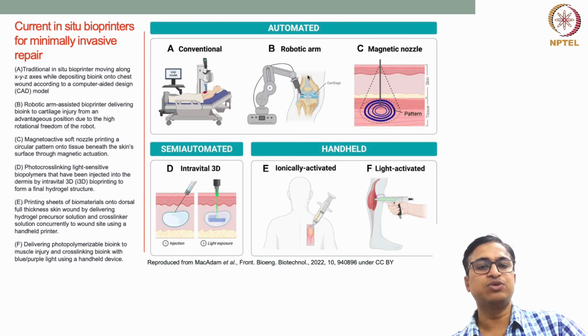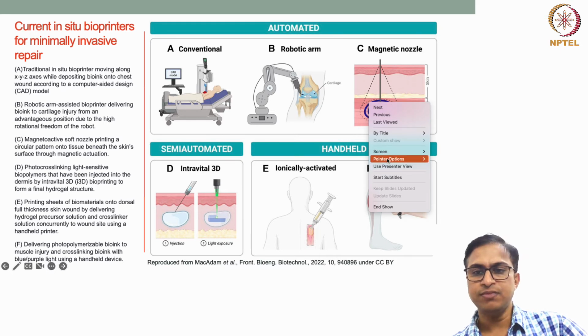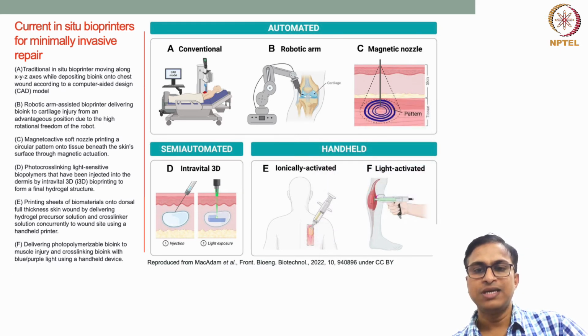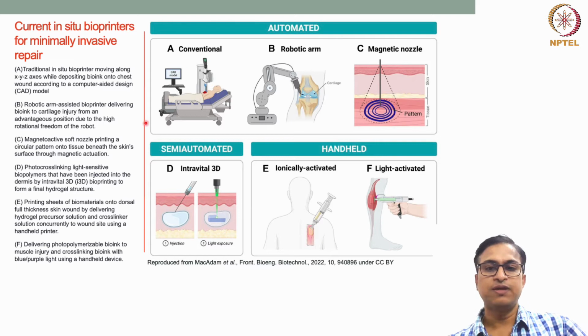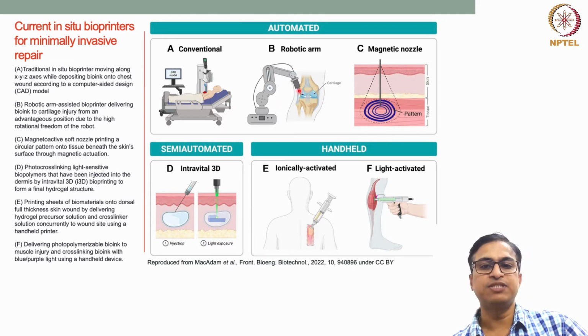Suppose here they have shown the examples of this robotic arm dispensing, where suppose there is a cartilage defect in the cartilage tissue. Cartilage is basically present in our joints. It is the cushioning surface between the joints which is attached to the bone. So suppose there is a defect in the cartilage, and then this robotic arm assisted bioprinting can deliver the cartilage tissue specific bioink